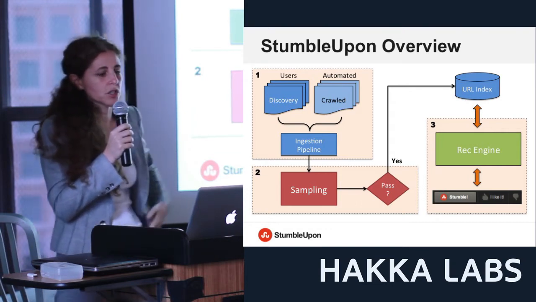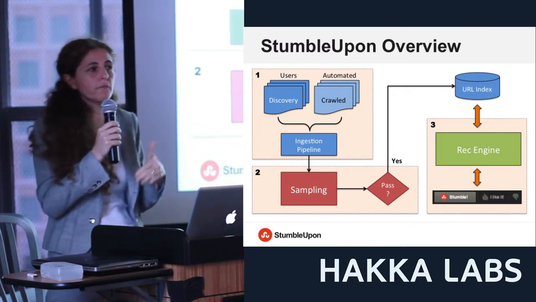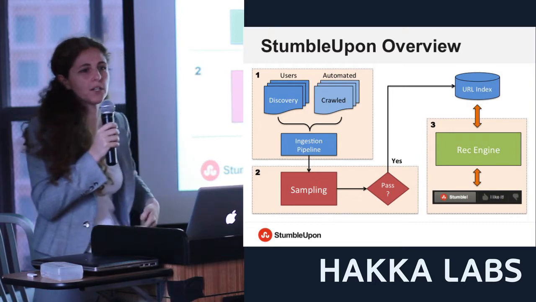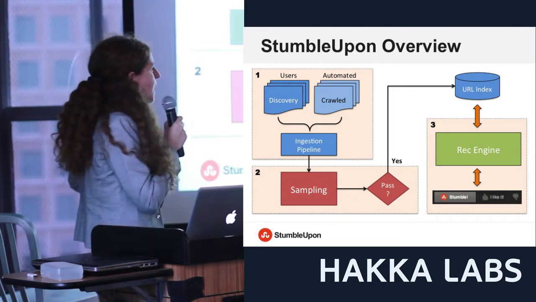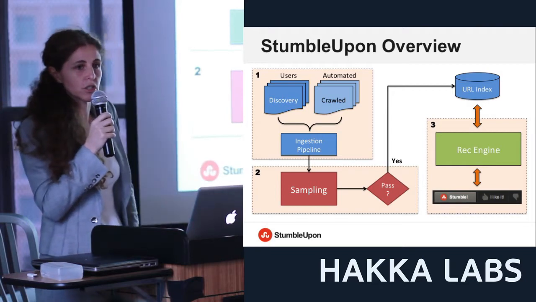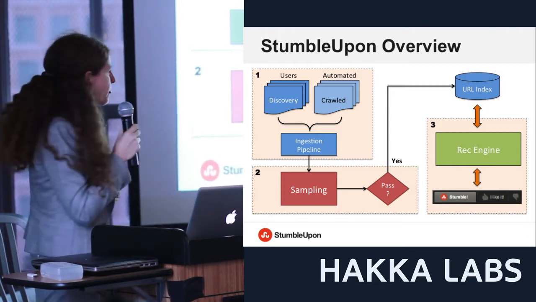If this page passes the threshold of minimum quality, it becomes one of the pages of our index, and we start recommending it according to our recommendation methodologies.